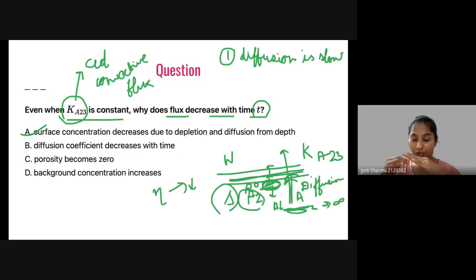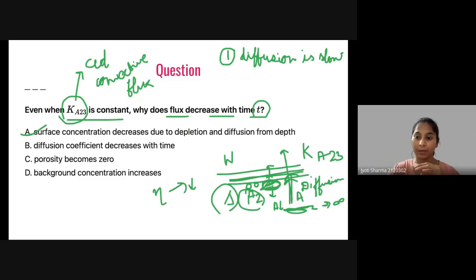So the concentration should come from the bottom and should be equal at the interface, so that it can again remove. But because diffusion is slow, what we are saying is that the replacement is slow. Okay, because at the interface A will be removed, then this A has to be replaced